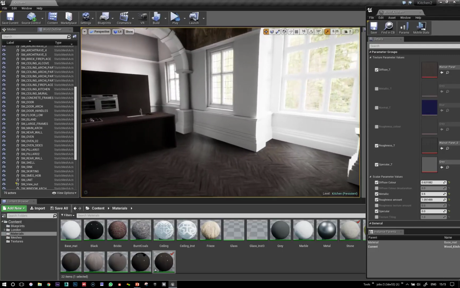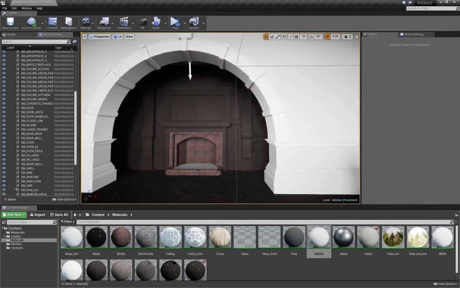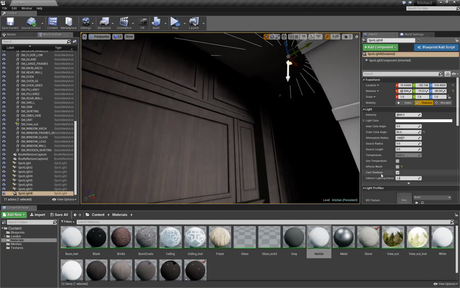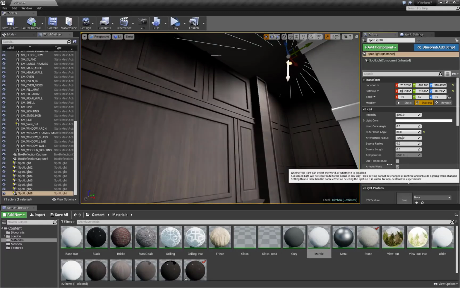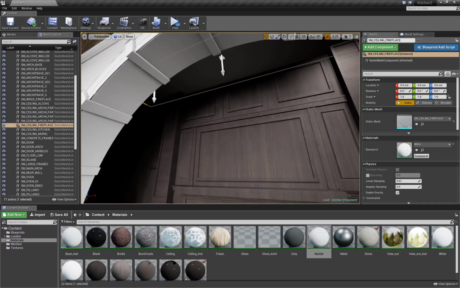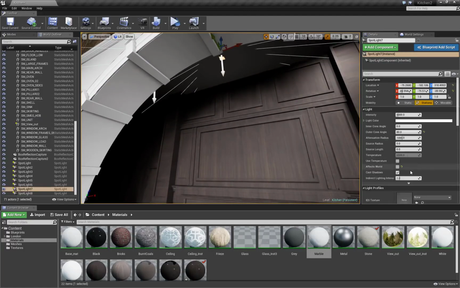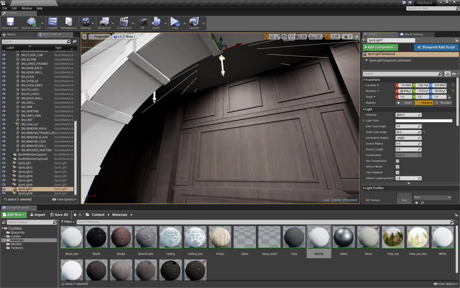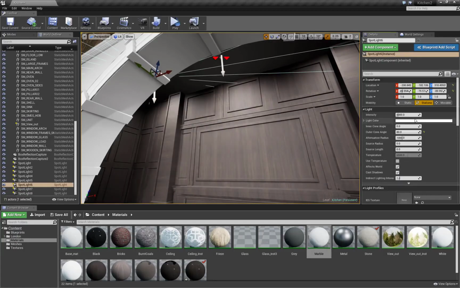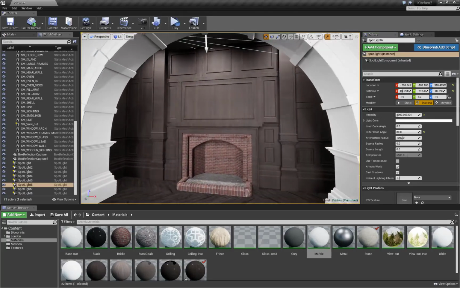So that's regarding materials. Another feature we've got here is, for example, these lights. The lighting is completely interactive in the sense that I can just turn these lights on and see the effects straight away. I'll just select these and turn them on, and similarly I can begin to play with the intensity and see what that looks like. And